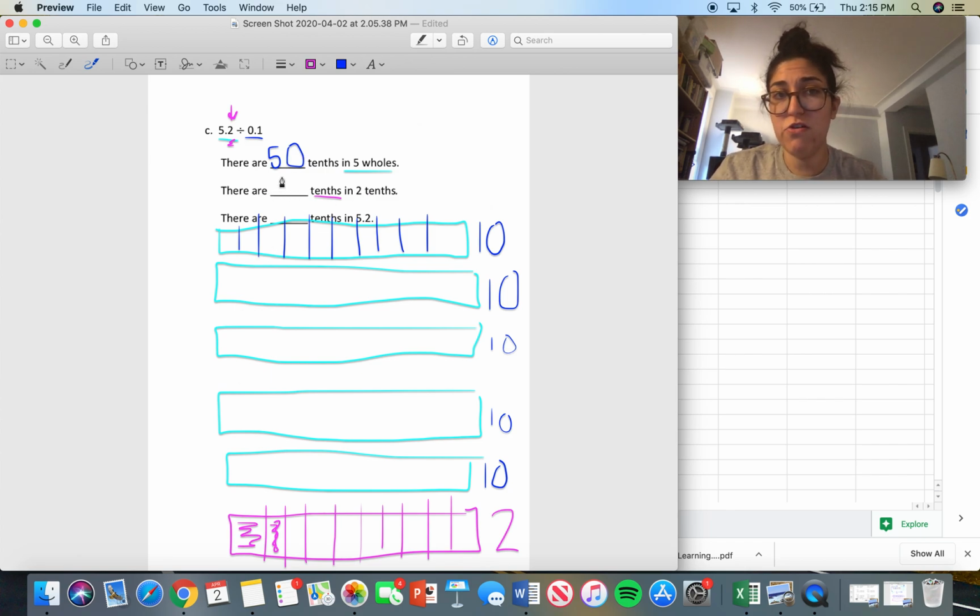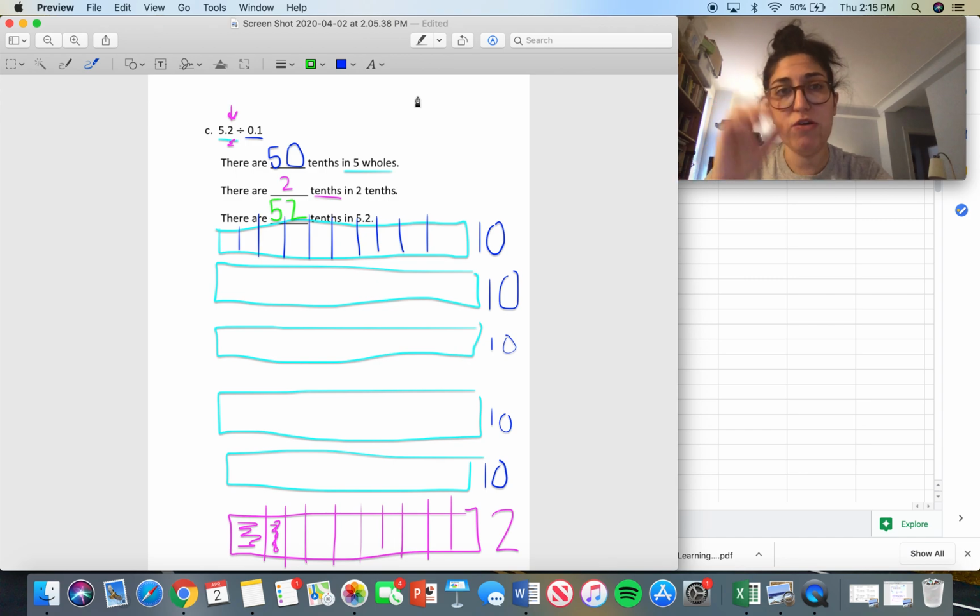So how many tenths are in 2 tenths? It's almost redundant. There are 2 tenths in 2 tenths, right? And so then how many are there in all, in 5.2? Well, it's all of the 50 from the 5 wholes, and then it's another 2 from the 2 tenths. So it's going to be that there are 52